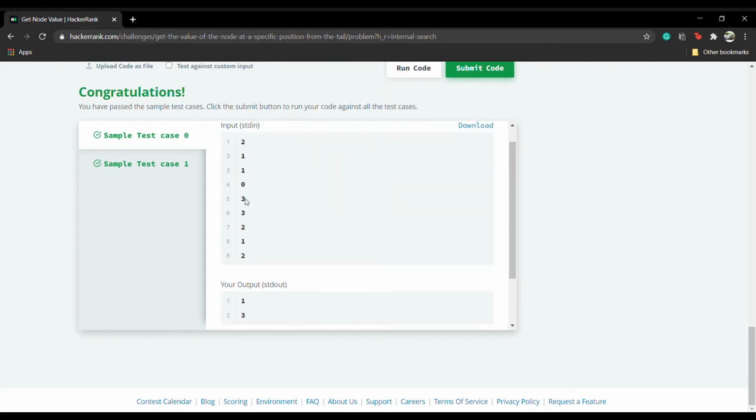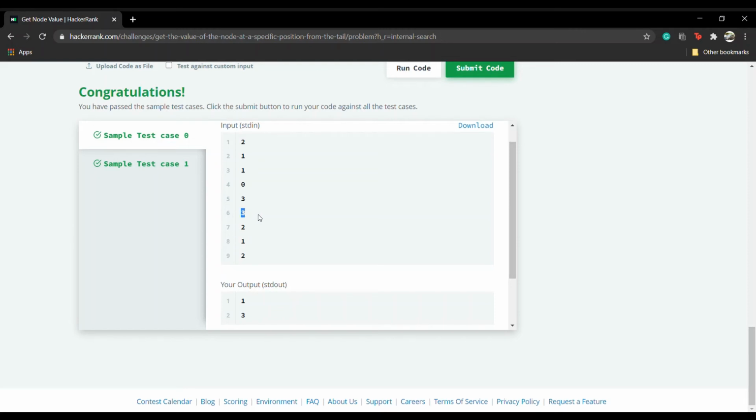Next we have 3, that is there will be 3 nodes in the next linked list. So 3, 2 and 1. And the user wants us to return the node value which is present at the second position from tail. So 0, 1 and 2.